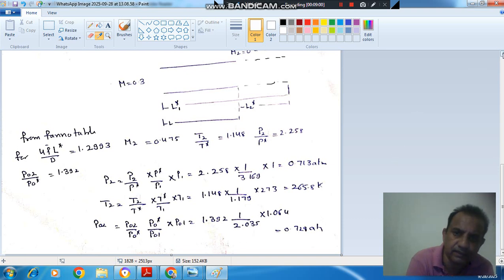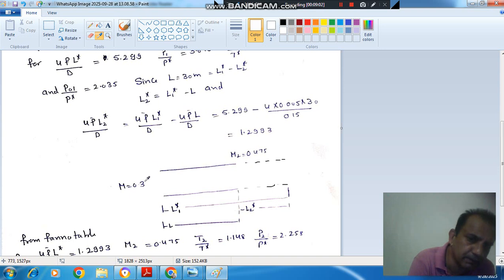So here we can see that the Mach number starts at 0.3. As we go along a frictional pipe, the Mach number increases till it reaches 1. This is almost similar to the Rayleigh line. When we add heat, here we increase length. So when we add heat to subsonic flow, it will try to become sonic, or when we increase the length of the pipe, it will also try to become sonic. Same way.